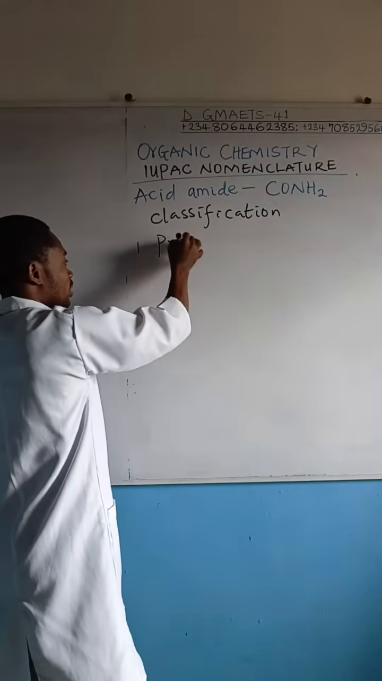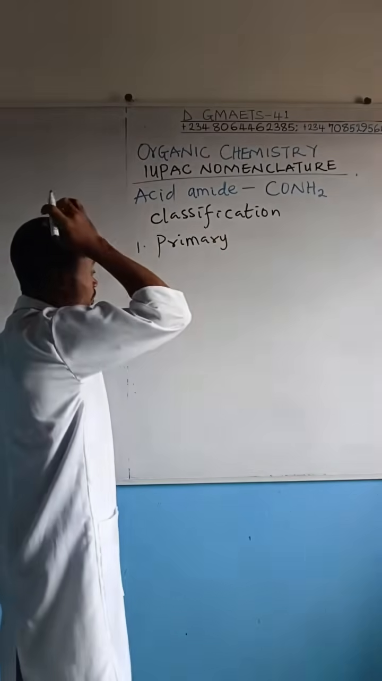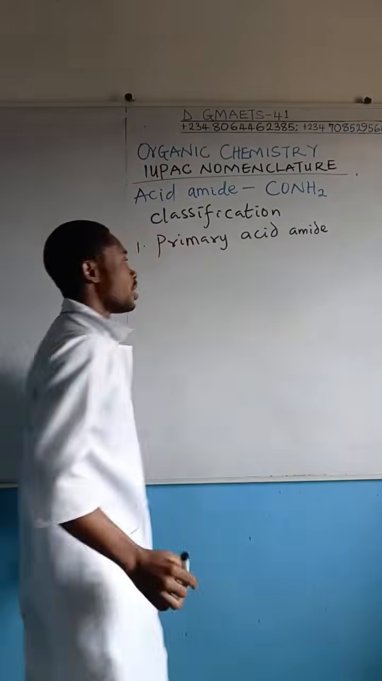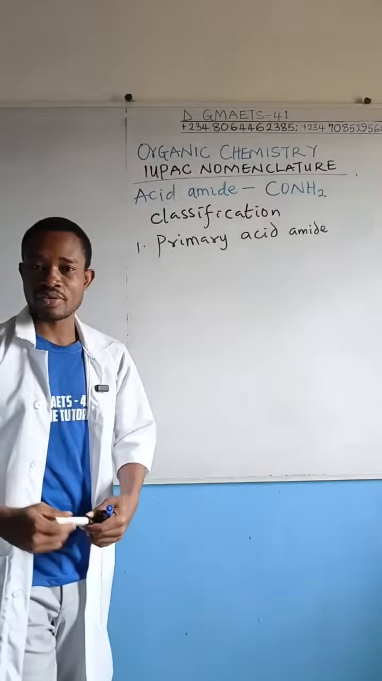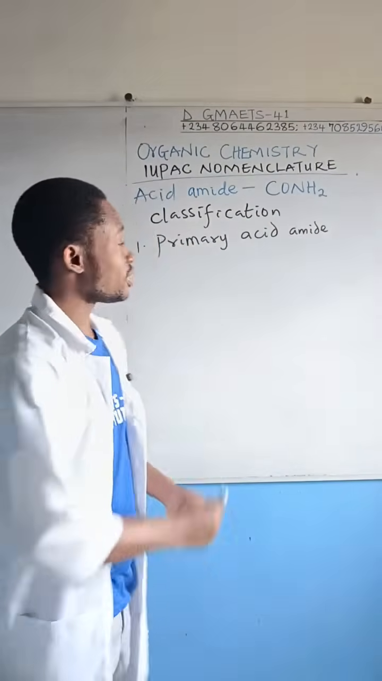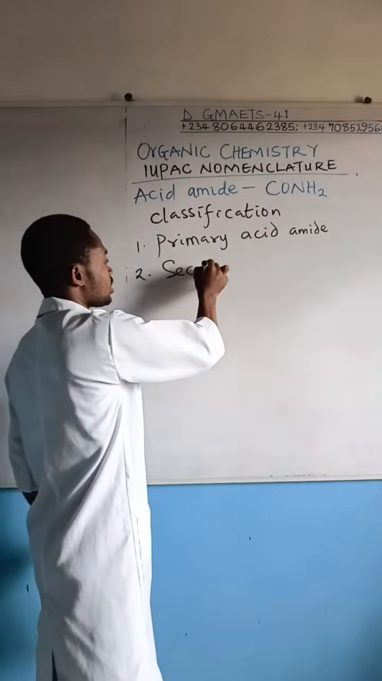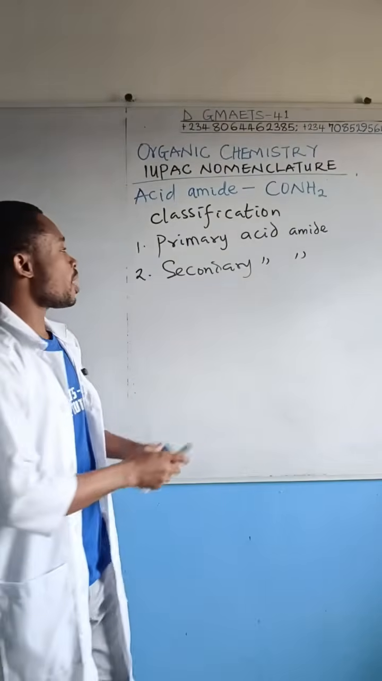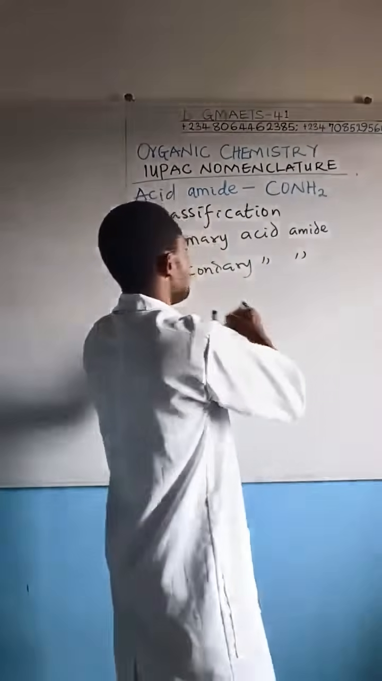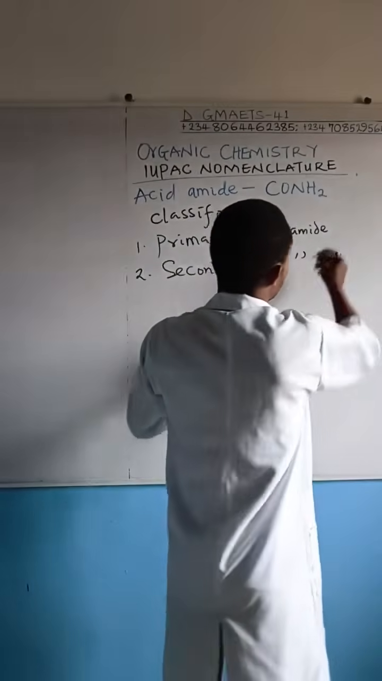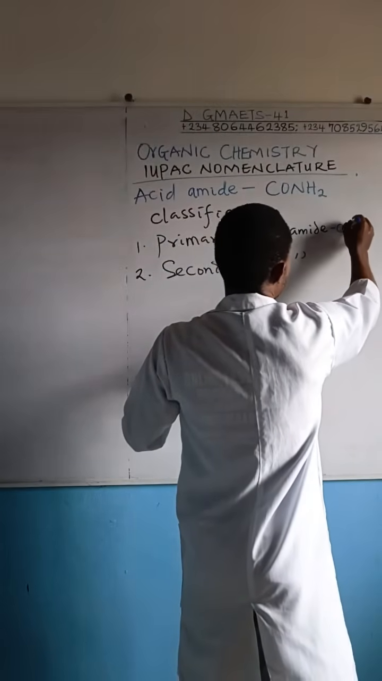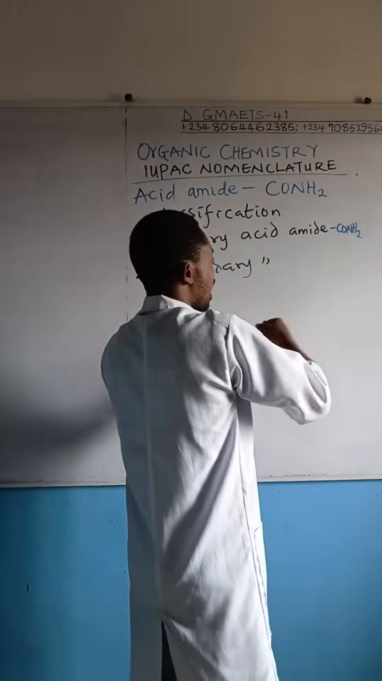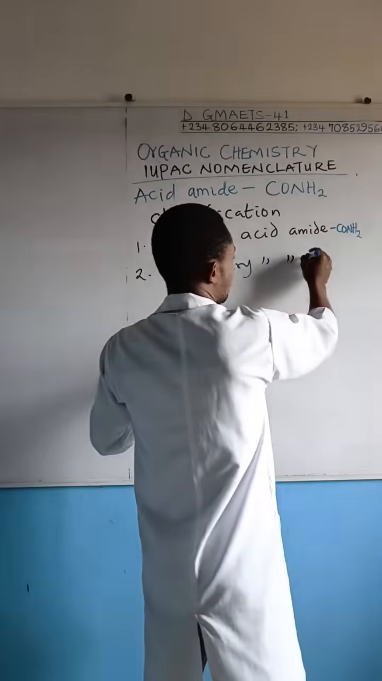Classification of this acid amide. Now we have primary acid amide. I think we also have secondary acid amide. Are you following? And the primary acid amide is your normal. But let me write the functional group of primary acid amide. Primary acid amide is CONH2. Okay, then secondary acid amide. Let's see, I think that will be